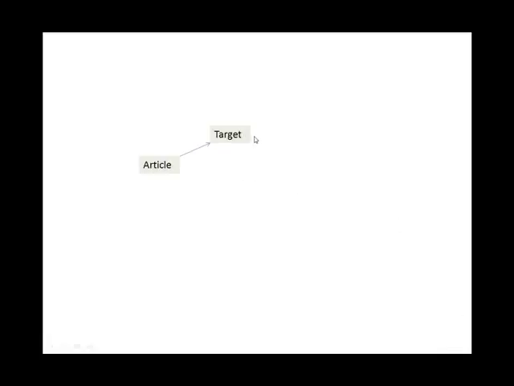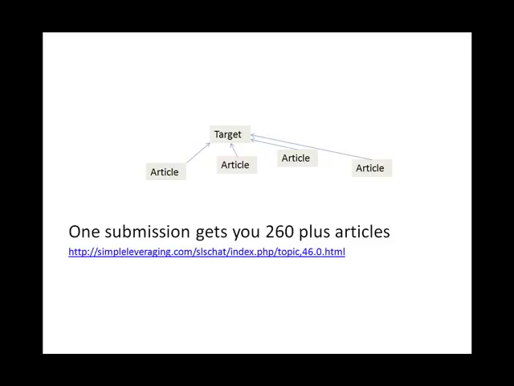Conventional wisdom, as we've always said: here's your target site. You write an article and get it published in an article directory. That could be EzineArticles, it could be GoArticles, it could be any number of potentially up to 1,000 article directories. You can go down that route, and there's nothing wrong with it. It's going to take you a bit of time, and you have to wait for the articles to get published, which can be a real pain in the neck. What we're going to show you here is this particular network.